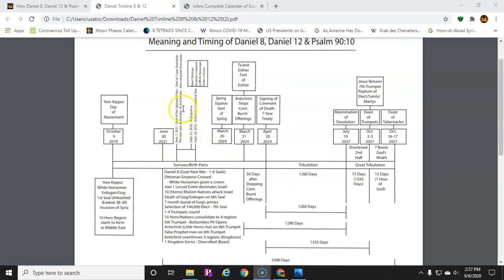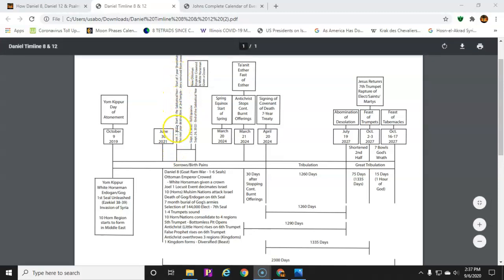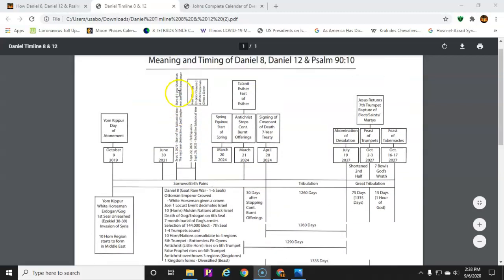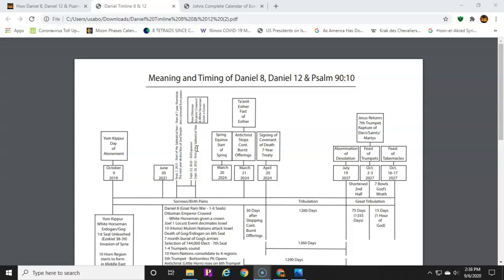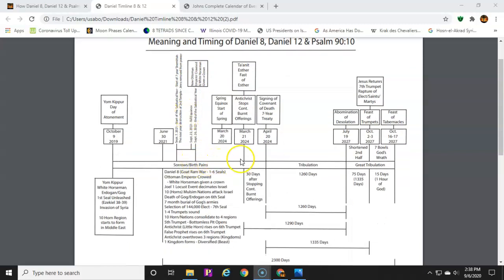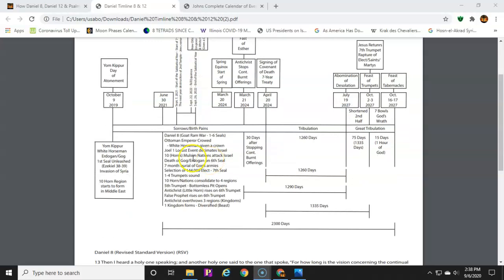And look what's happening. You're having that Shemitah cycle start to happen, where you have the loss of the fortunes of Israel and the destruction of that second temple in 2022, as we talked about before in that video about this chart. And you're going to see that resurrection of that Ottoman Empire, the new crowning of the Ottoman king. And then we're going to start to see that destruction of those 10 nation horns. Once they hit Israel, they get to Egypt, they get stuck there, they get pulled back, they sit between the two seas, they go into Israel, they attack Israel.